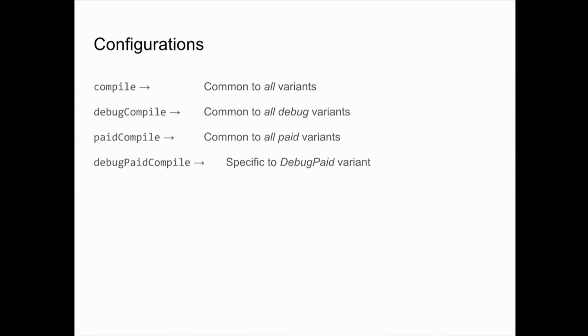That's what I said. So for the configuration, that's a little bit the same, right? We want compile to be something that is applied to all your variants. So if you do compile Guava, then Guava is available to all the variants that you have. And then we have debug compile, pet compile, and all of those configurations that are used specifically for those dimensions. So when it comes to time to actually resolve those